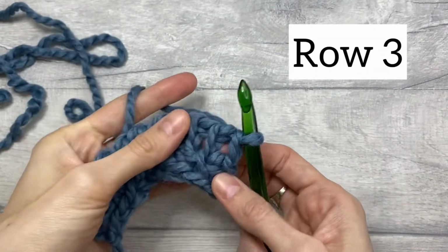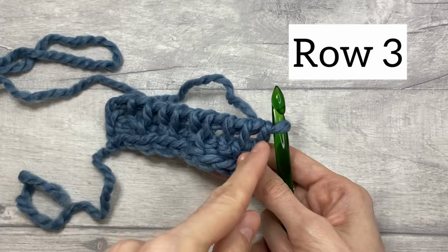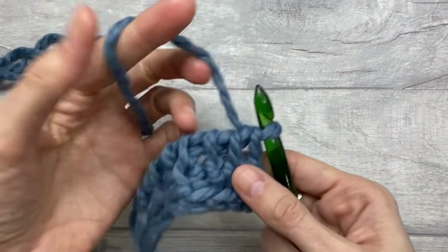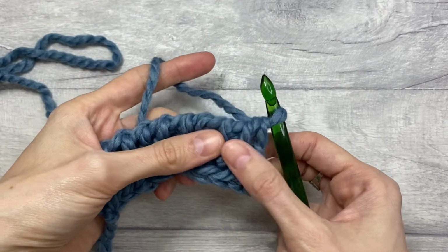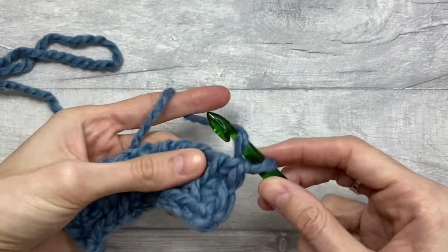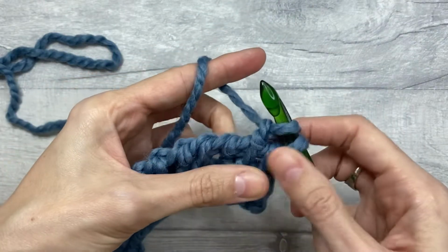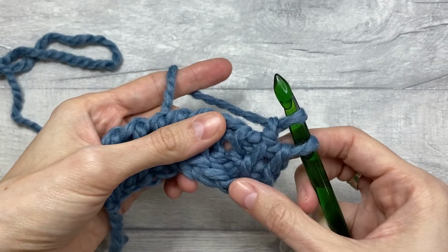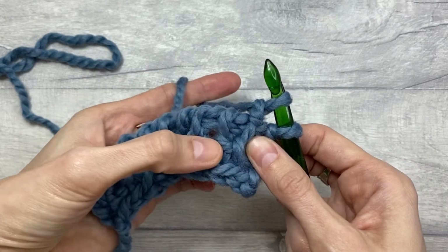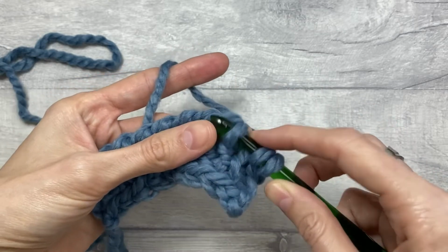For row number 3, we will work Tunisian simple and purl stitches. We will alternate them in comparison to the row below. So while row number 2, we started with Tunisian simple stitch, now we are going to work Tunisian purl stitch into it. So we work purl stitches into simple stitches and simple stitches into purl stitches. So the next one in the row below is purl, so we will work Tunisian simple stitch into that,